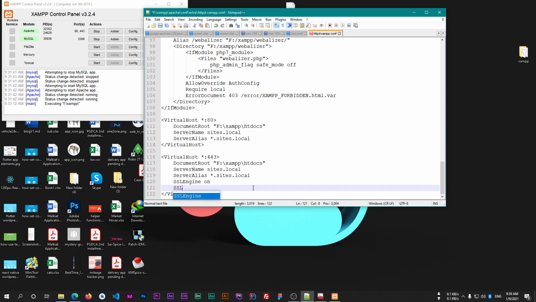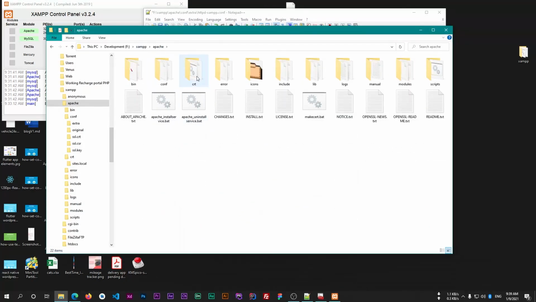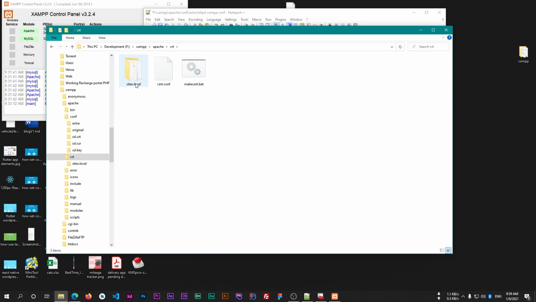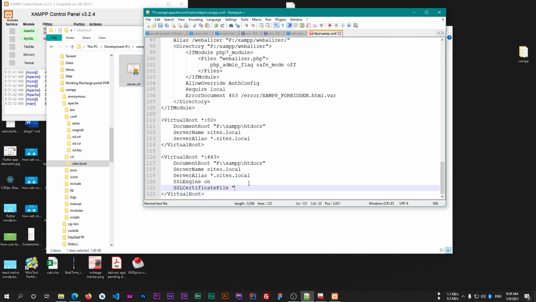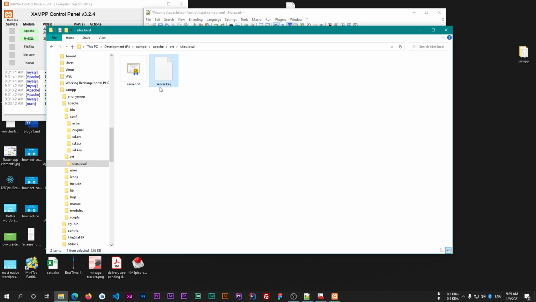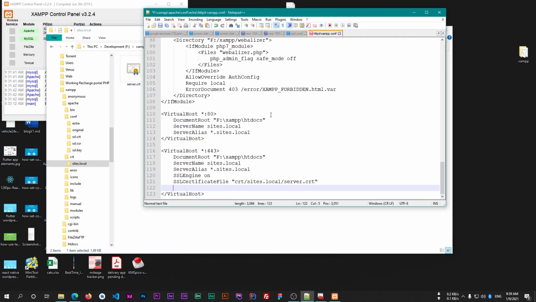So SSLCertificateFile, this will be this crt, then sites.local and the server.crt file. So I'll write crt slash sites.local slash server.crt.